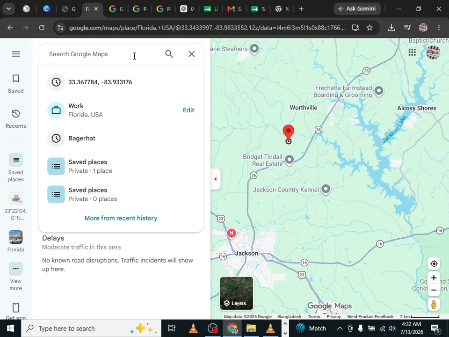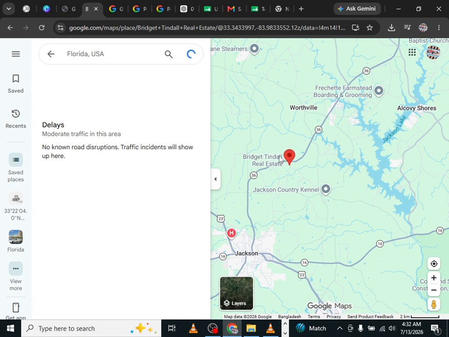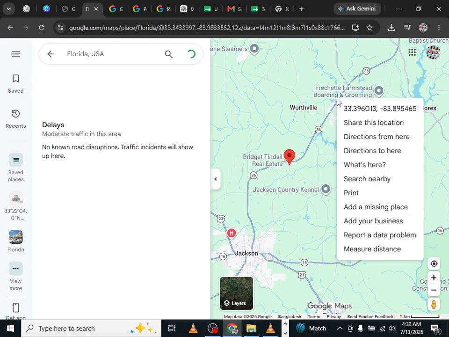If you find a place you'd like to visit later, click save to add it to one of your lists, or click share to send the location to friends, family, or coworkers. You can also click anywhere on the map to measure distance, find coordinates, or drop a pin at an exact location. Google Maps on a PC is perfect for planning trips, exploring new cities, checking live traffic conditions, creating routes,